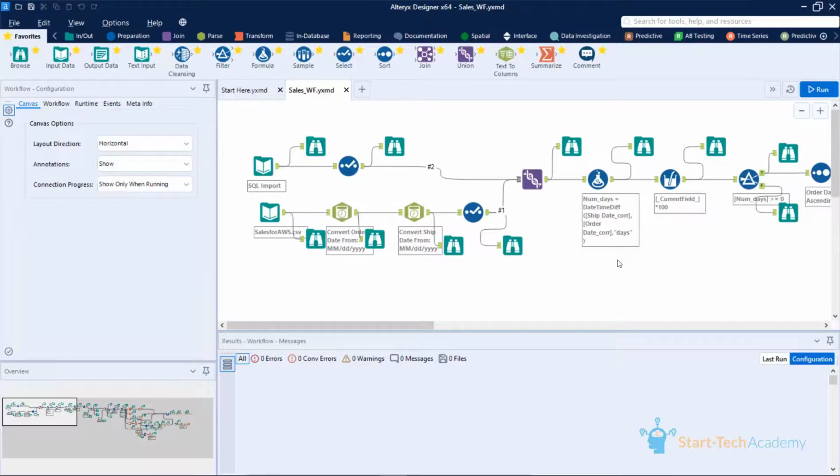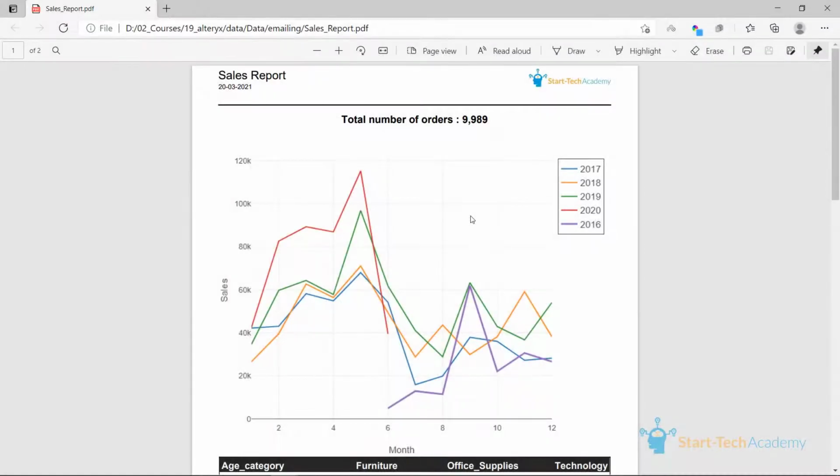Now, whenever we run this workflow, it will not just extract all the data, collate it and clean it. It will also find the insights, put those in a report like this, and it can even mail this report to all the concerned team members and managers.